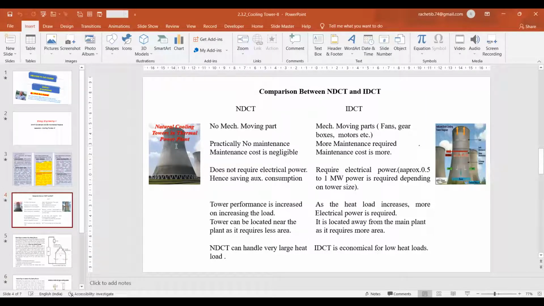No mechanical moving part in NDCT. Here, mechanical moving parts: fan, gearboxes, motors, etc. Practically no maintenance. Here, more maintenance is required due to moving parts. Maintenance cost is negligible in natural draft, whereas in the case of